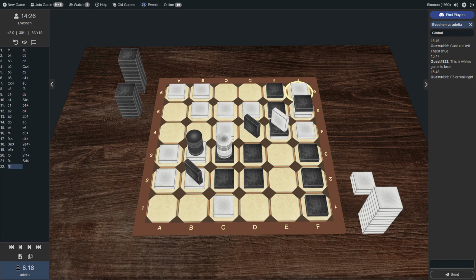Now, if a capture war does break out for f5, like f6 comes down, that's a tak threat, needs to get stopped. It's going to get stopped with e5 right. And then you take f4 plus to renew the threat, and then when the wall or whatever drops at e5, then you spread down